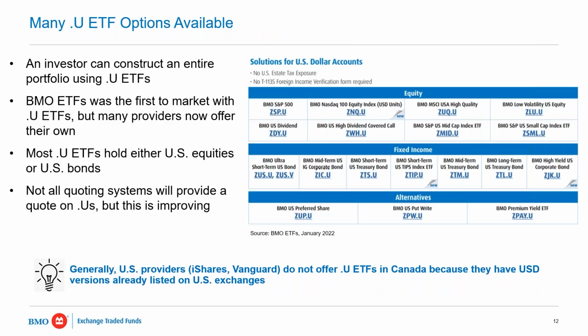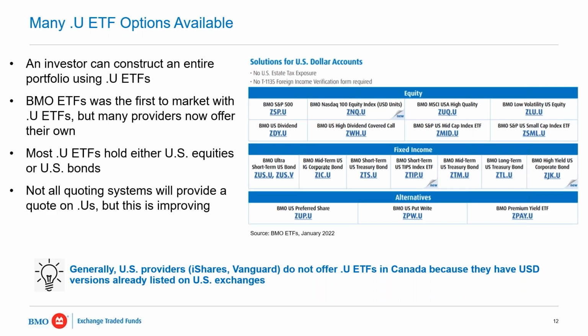Thanks for walking us through that Bloomberg chart. So in Canada, we talked about earlier the first or one of the first .U ETFs was listed back in 2012. And now there are so many trading on the exchange that you could actually build yourself an entire diversified portfolio using several different .U ETFs as building blocks. So what I'm showing you here is actually, I pulled this right from our BMO ETF roadmap. You can see how easy it is to see everything. This is what BMO offers.